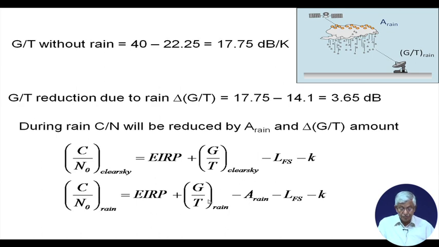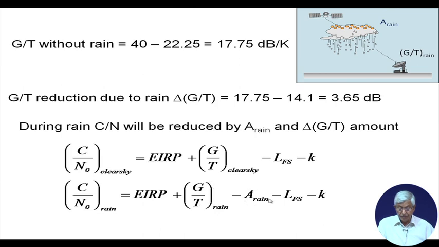During rain two things are happening: G by T changes and attenuation during rain comes in. These are all in dB. So, this term has changed from clear sky to rain, that is G by T, and